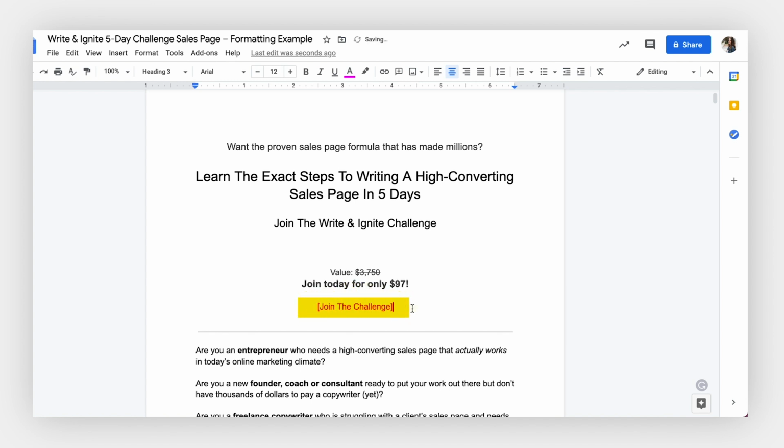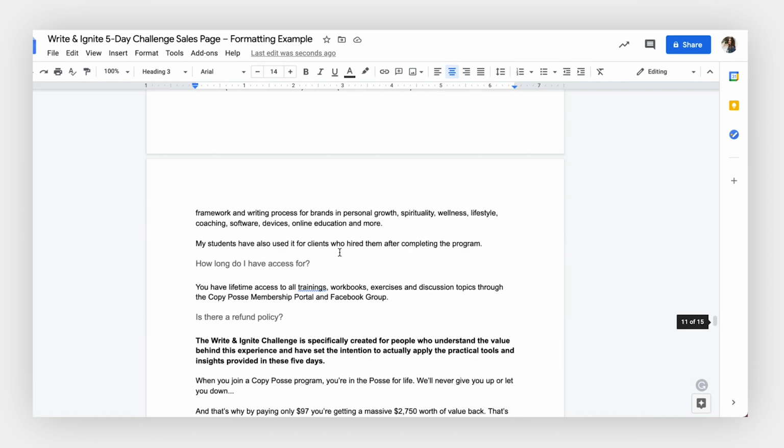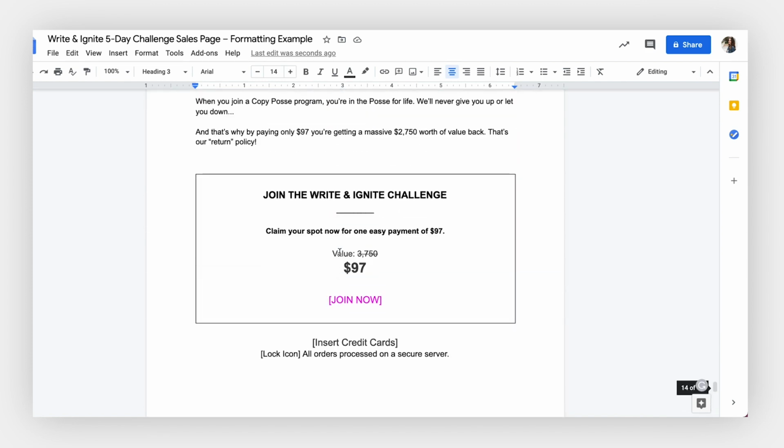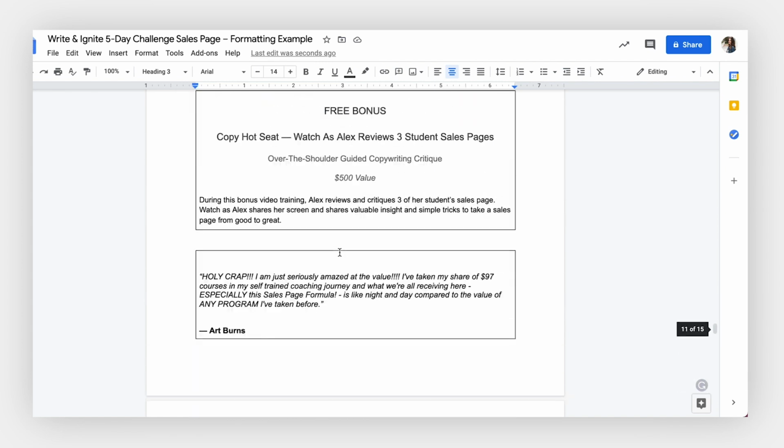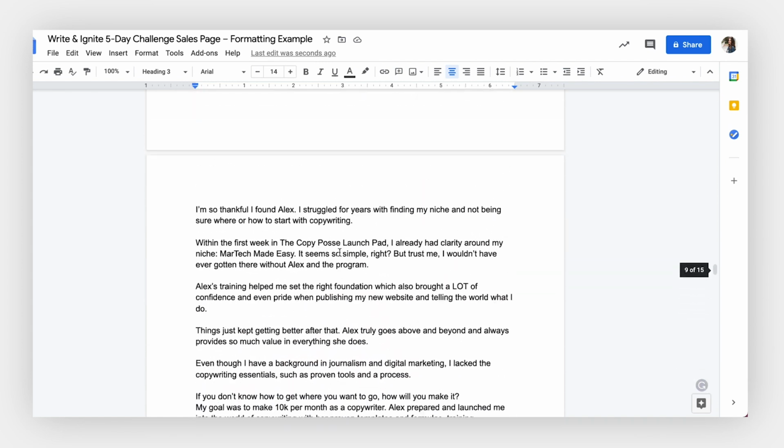And by the way, you guys, when it comes to CTAs, I like to follow the sandwich rule. I like to have a CTA at the top for all of those eager beavers, a CTA at the very bottom for all those fast scrollers, and a few CTAs sprinkled throughout the rest of the page, but obviously only where and when it makes sense.